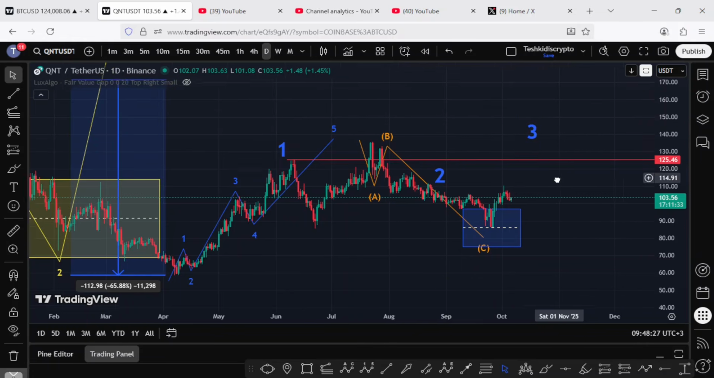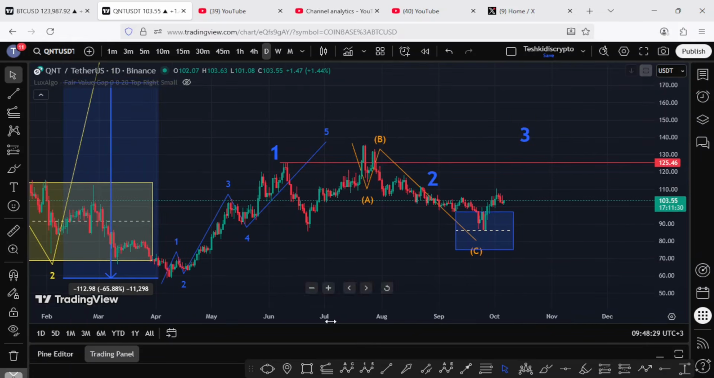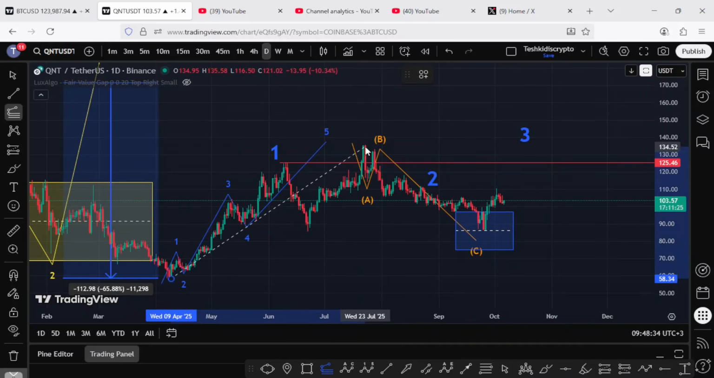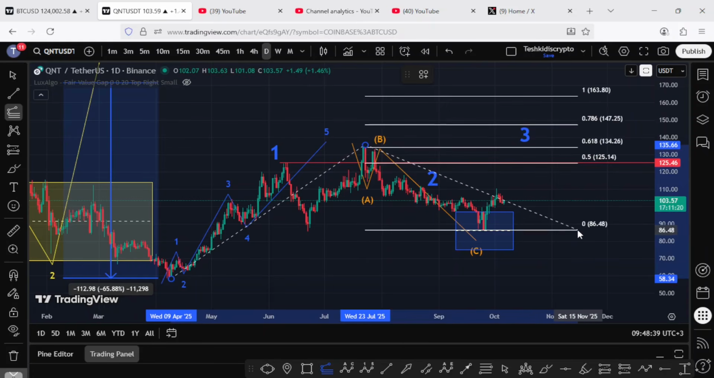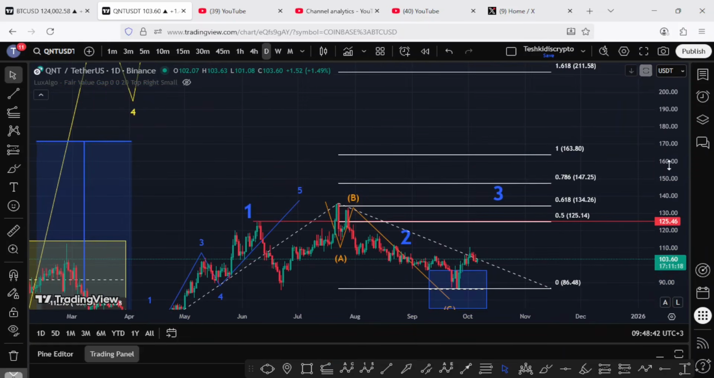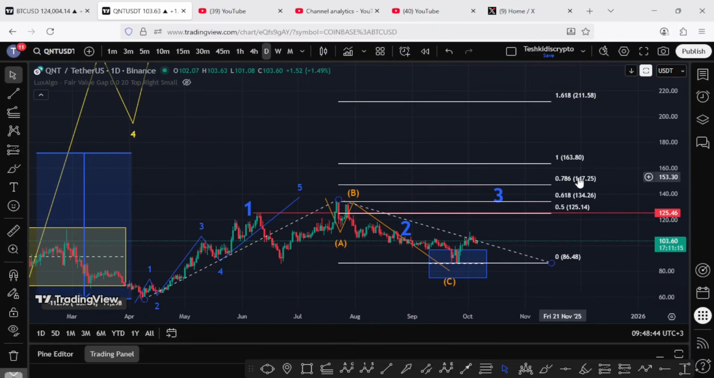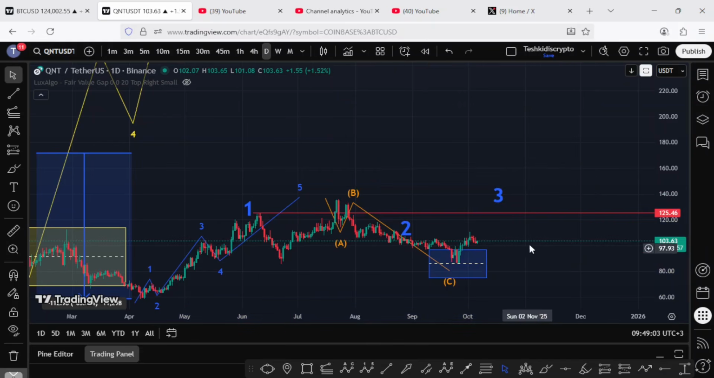And in the formation of that wave 3, using the fib extensions, connecting it from the low of the first wave to the high of that first wave, then dragging the fibs to the lows we made in the formation of that second wave, we can have our first target area on the fib ratio 1:1 above the 163.8 USDT mark. Then we can also pay attention to the fib level 1.618, which lies above the 211.58 USDT mark